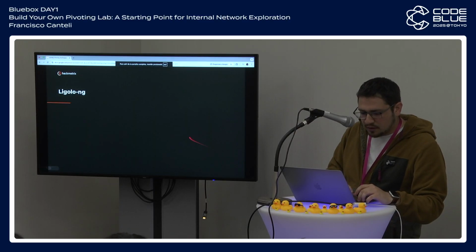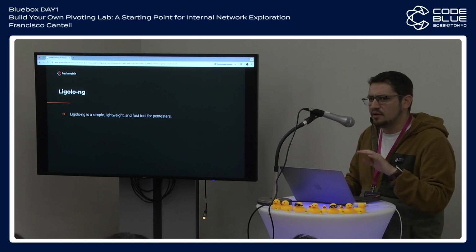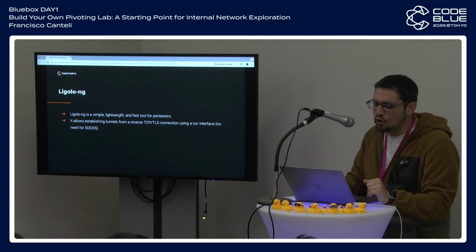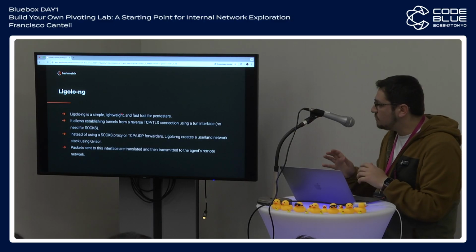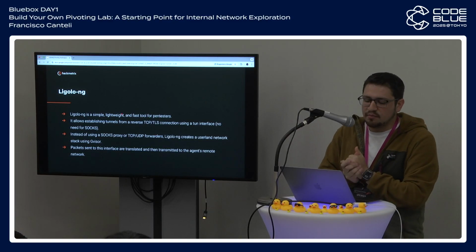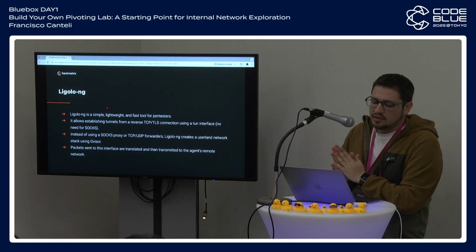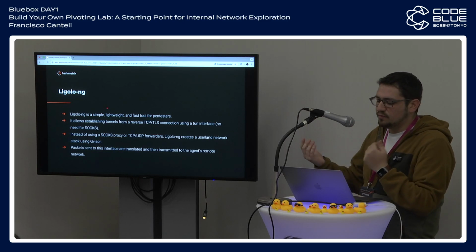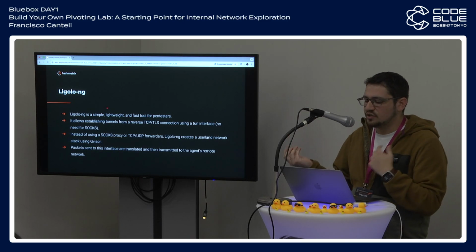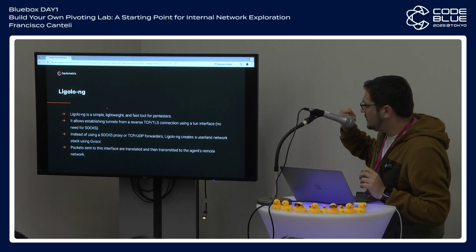Well, also we have another tool that has been becoming more popular lately, right? That is Ligolo-ng. Okay, Ligolo is a pretty interesting tool, right? Because, well, it's defined as a simple, lightweight, and fast tool for pentesters. It allows establishing tunnels from reverse TCP/TLS connections using a tun interface. And the interesting stuff here is that